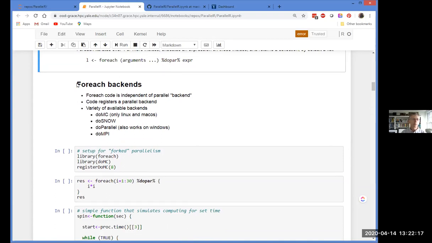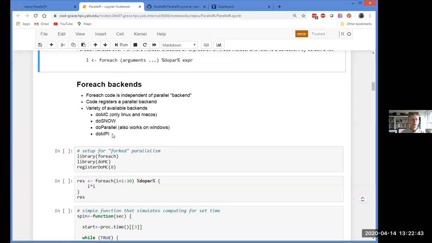The way that works is foreach requires a backend. So before you run a foreach, you need to have created and registered a parallel backend. That's the thing that is going to be responsible for managing all the spreading out of the work and gathering the results.